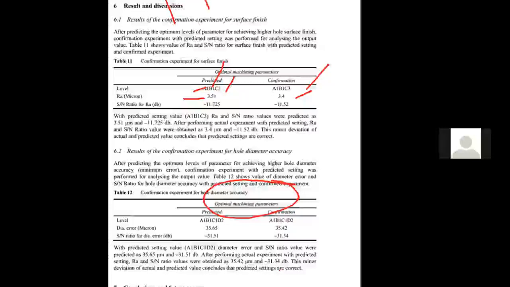Just to conclude, for any experiments, suppose you are performing research on any one topic: first have the outputs 1, 2, 3, 4, anything, then have the input parameters 1, 2, 3, 4. The input parameters you can get from literature review, brainstorming, or a particular expert. Then have the different levels. Now, if it is the first time you are performing, then have the screening test: perform the full factorial method, and eliminate some factors which are not significant.